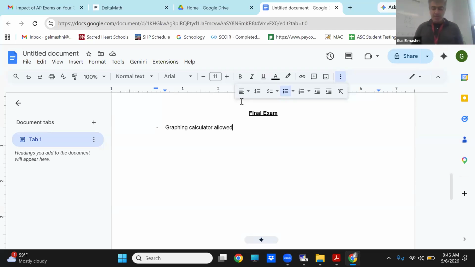Graphing calculator, no Desmos. But I am allowing the graphing calculator for the whole thing. There's not going to be a part 1, part 2. It's going to be one whole thing. There'll be 16 questions. You get 2 hours. And it's, of course, 20% of your grade, as always has been. I will provide sequences and series formulas. That's the only formulas I'm providing. That's it. However, no labels. Remember, I labeled them before. You guys have to know that now, so I'm not going to label them.